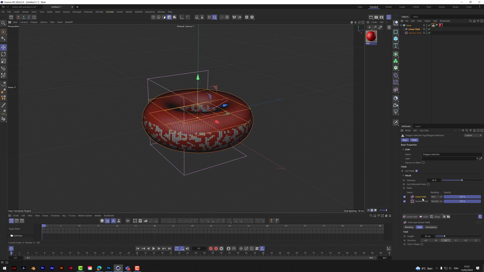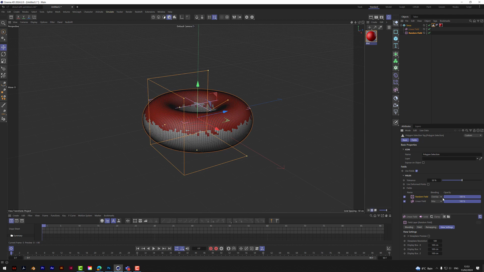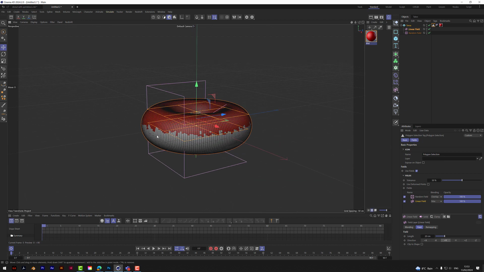What we need to do is on the random field, we need to put that above the linear field, and then we need to change normal blending to overlay. So now, if we use the linear field, look, we've got kind of this pattern that's coming down the sides, but at the moment it's not looking too good because we need a bigger scale for the noise. So if we go to the random field and we go across to